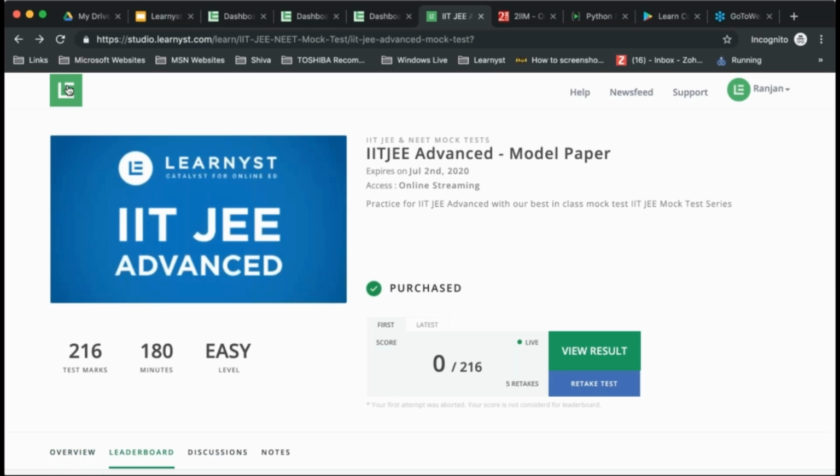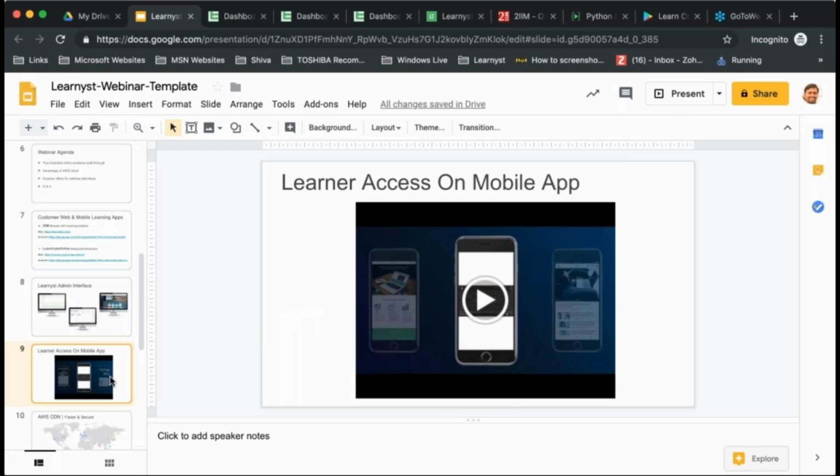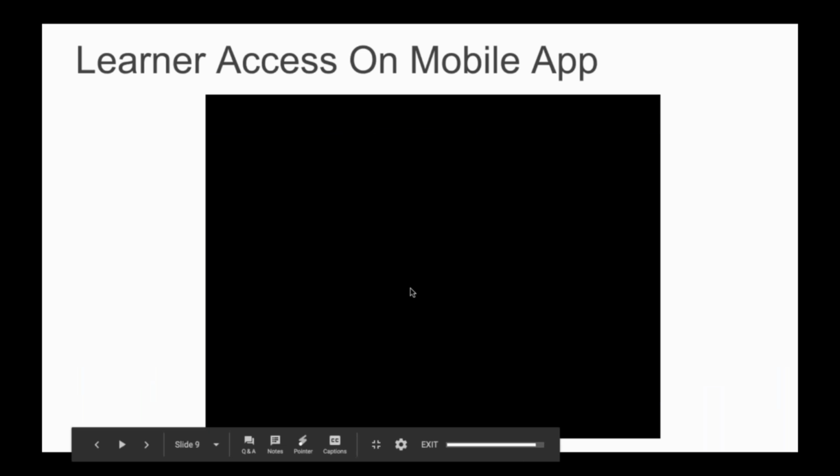Okay, so this is on the student side. We just saw how the learners will be able to access your course and mock test on the web interface. I just want to quickly show how it will be accessed on mobile. So here is a short video just to show how it will be